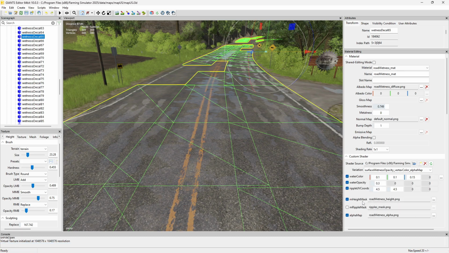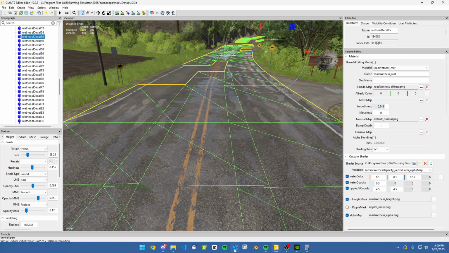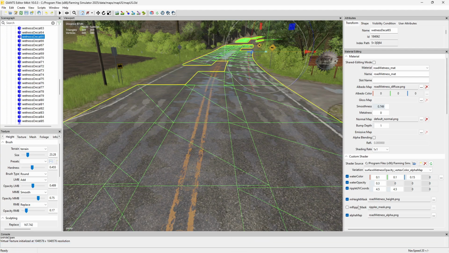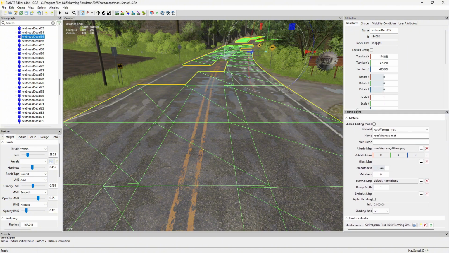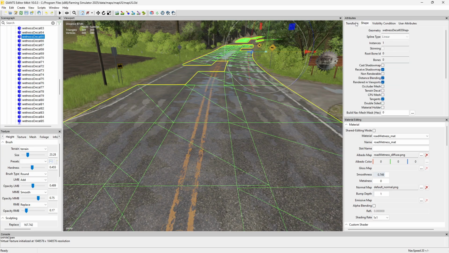Okay, and then we've got a height mask for the wetness and an alpha map for the wetness. So make sure that all these are set in Blender and or when you put the road into GE. Okay, and then there's one more thing that you can't really set anywhere in here, which is interesting. At least I haven't noticed anywhere to set it. And this is something that's similar for the water. You've got to go into